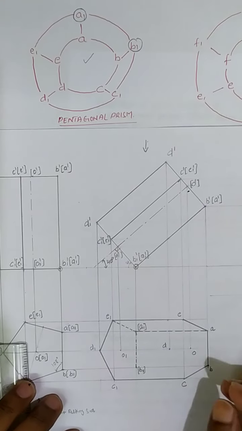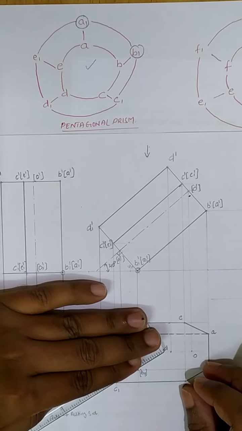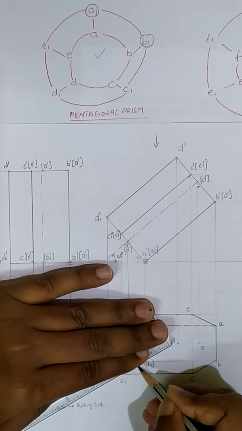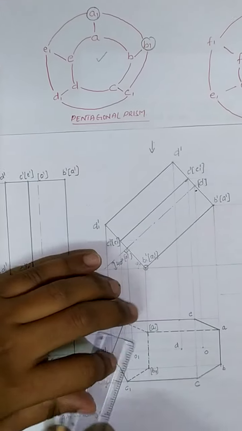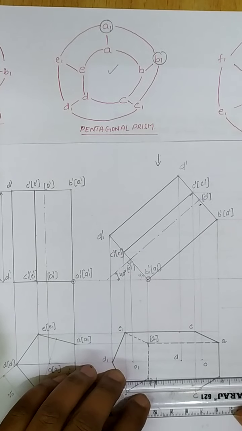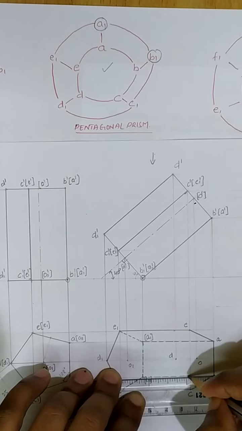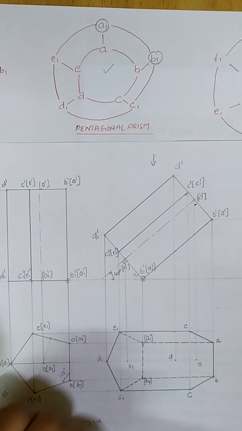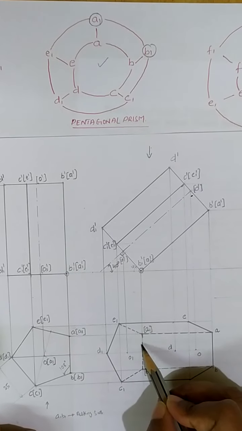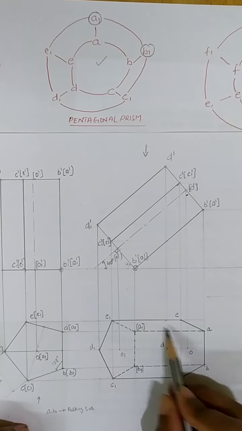So the remaining lines I need to draw as dotted lines, because all those lines, that is B1 to C1 and B1 to B, are coming inside the boundary. It is not coming on the boundary. If those lines come on the boundary, they will be visible as thick continuous lines. So this is the third dotted line I will get, B1 to B. In this way I have drawn three lines from the hidden corner. From point A1 I have drawn three dotted lines, and from point B1 I have drawn three dotted lines because all three lines are coming inside the boundary.